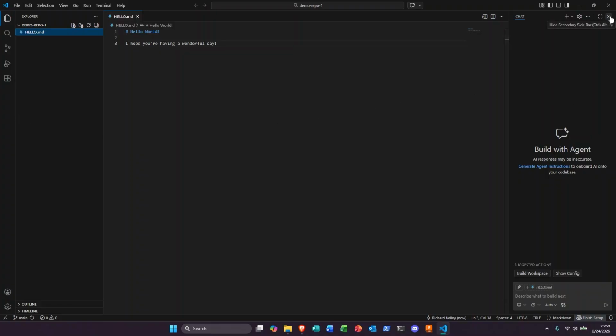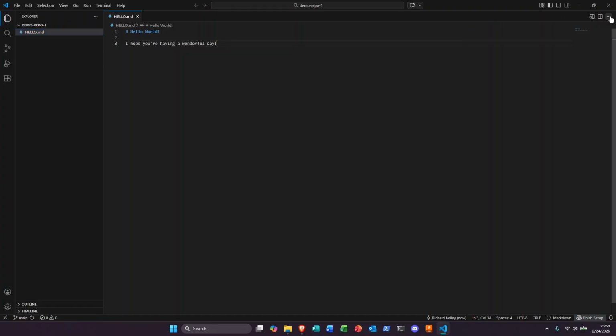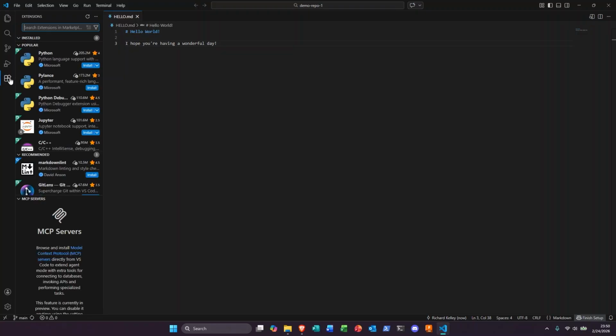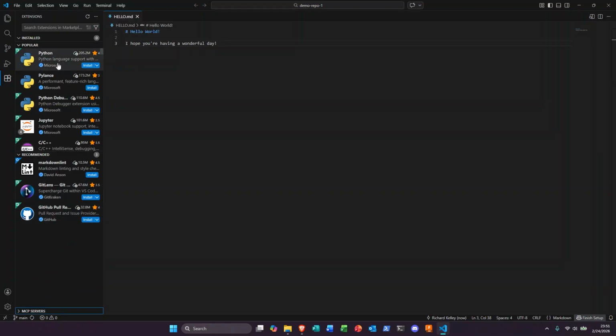So for the moment, I'm going to hide this secondary sidebar over here to the right by clicking the little X. And I'm going to hover over this couple of blocks. And when I do that, I should see extensions. When I click on that, I get a list of a bunch of stuff. I have 0 installed extensions, and then I have a big list of popular extensions, and then something called MCP servers. That's an AI thing that we don't care about right now, so we're going to close that,